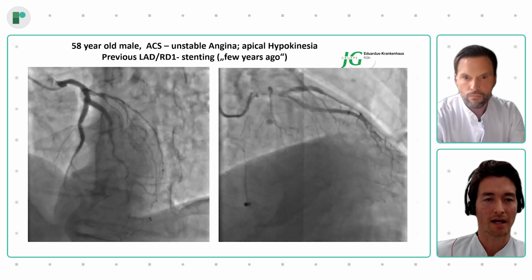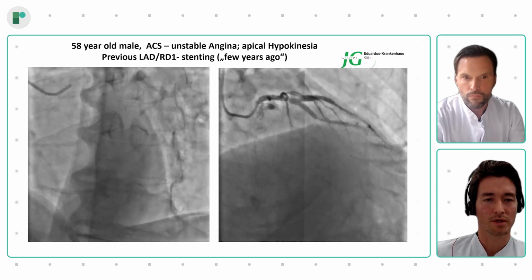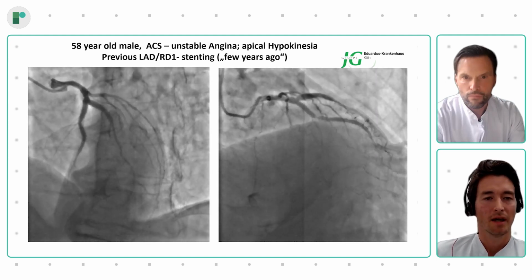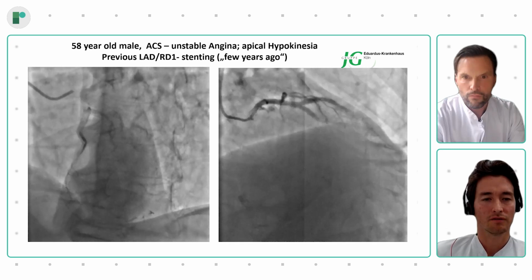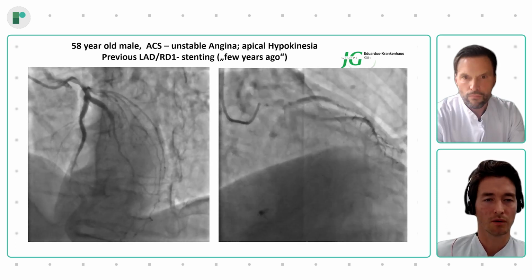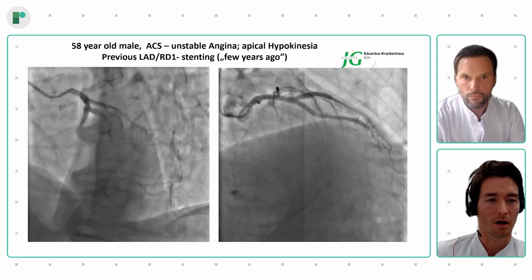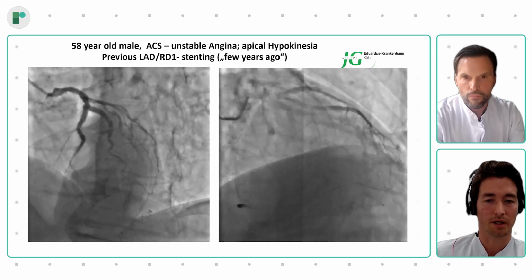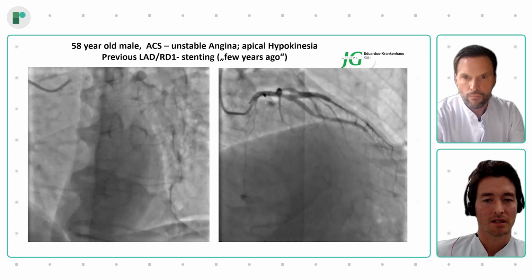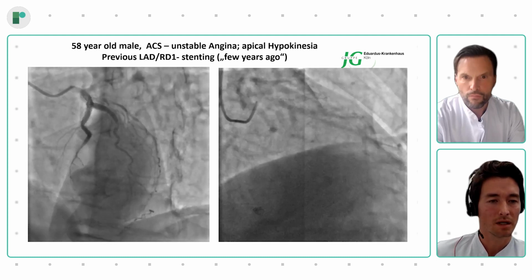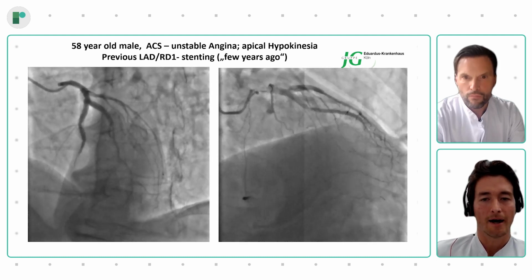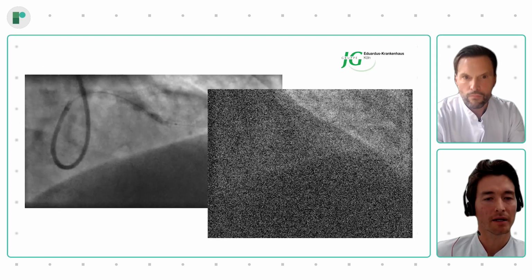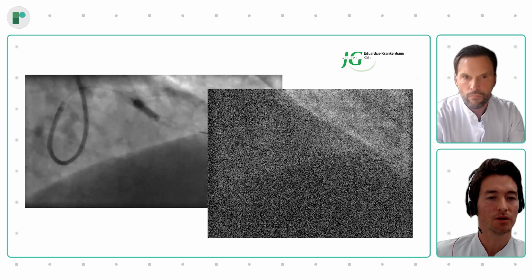In this patient, the 58-year-old male who presented with unstable angina, he had apical hypokinesia, and as he said, and we couldn't find out for sure, a few years ago he has been treated with a complex LAD diagonal stenting, as you can appreciate on the picture. Clearly, you can see a very tight stenosis in the medial part of the LAD, which we then addressed by choosing a NC balloon